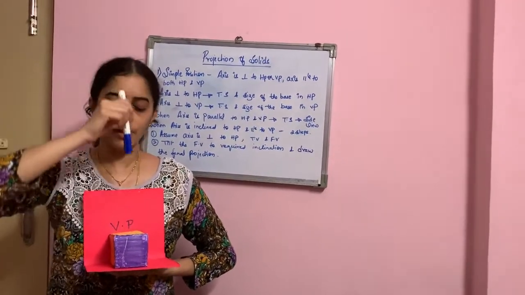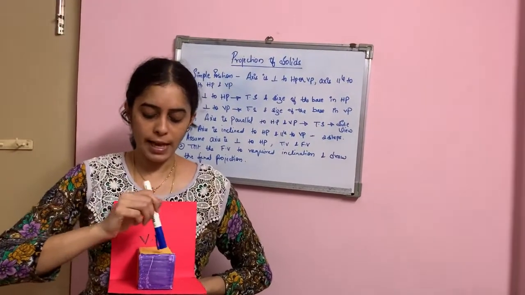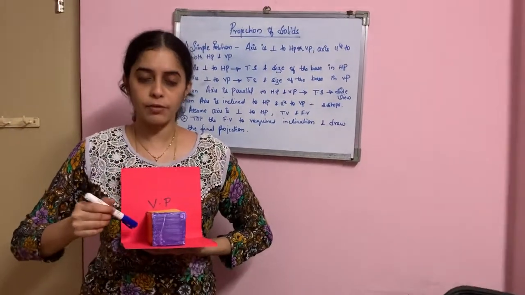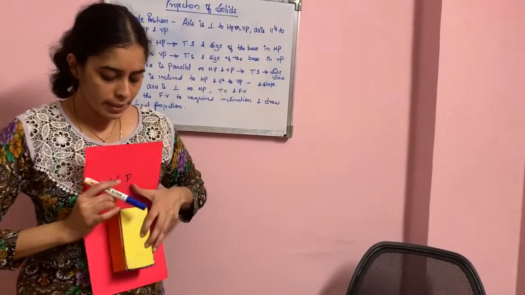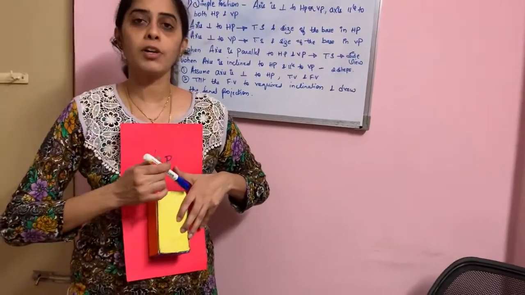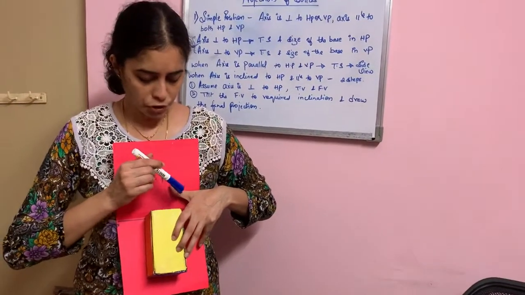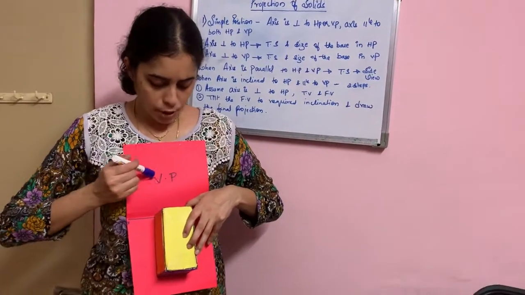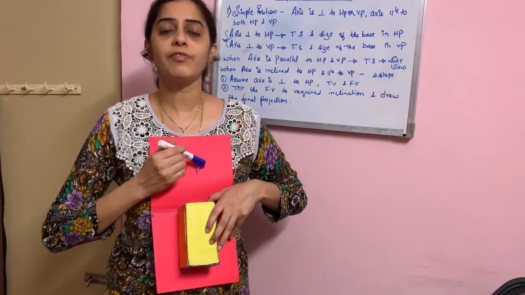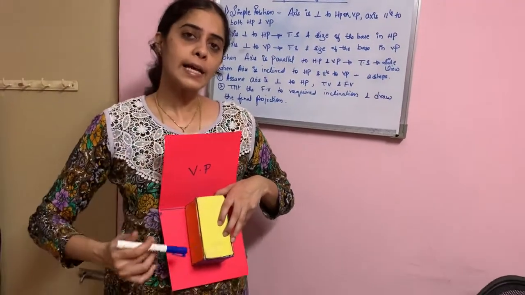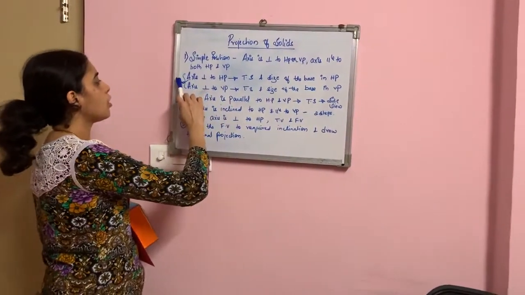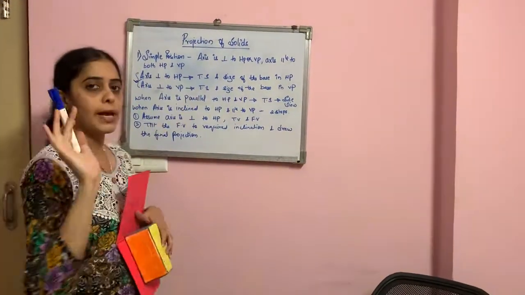Similarly, when you view from the top, you will see a rectangular surface in our horizontal plane. So when we rotate, you will see a rectangular surface in the horizontal plane, and the true shape of this base will be visible as a front view in our vertical plane. So this is exactly the reverse of the condition of axis perpendicular to HP.